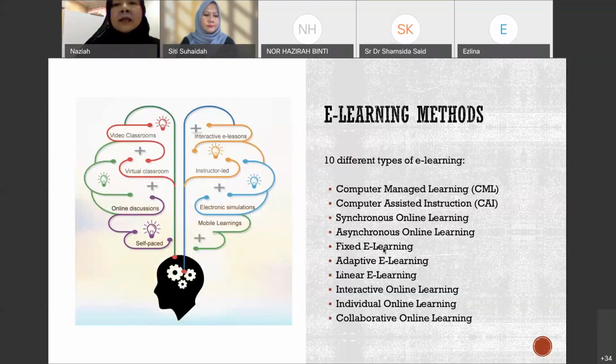In e-learning, there are 10 types of e-learning methods, which mostly use all these materials. They apply video classrooms, virtual classes, interactive e-lessons, instructor-led training, electronic simulations, mobile learning, and even self-paced learning between the students and the educators, the lecturer. So normally we will apply 5 of these